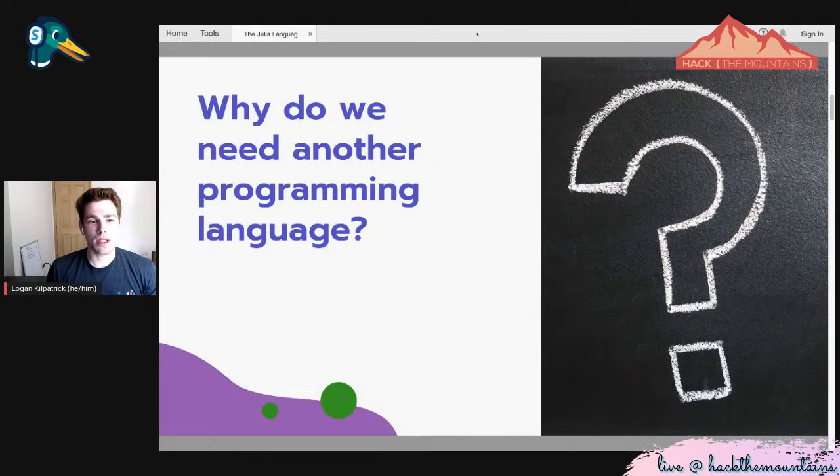But I do think there are a bunch of different segments of folks, whether you're a computational scientist at the limit of using some of your existing tools, or you just want to contribute to something that's new and being built right now. I think there's a bunch of different reasons you might want to contribute. But again, asking the question of why we need another programming language is an important exercise to go through.